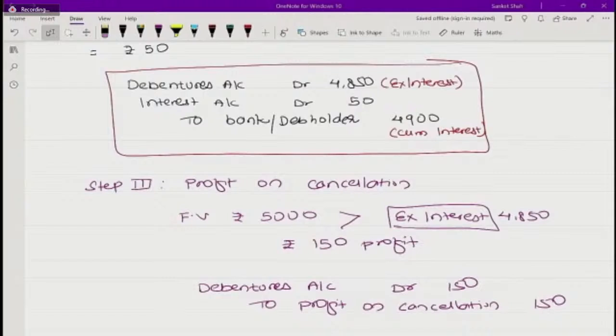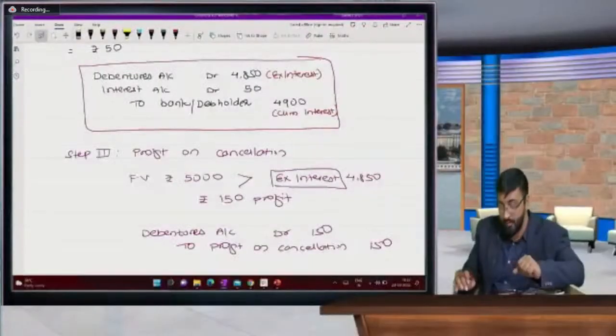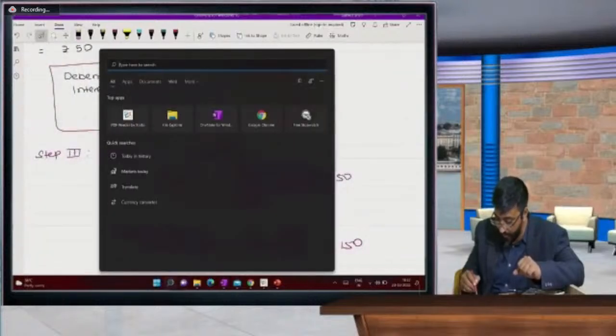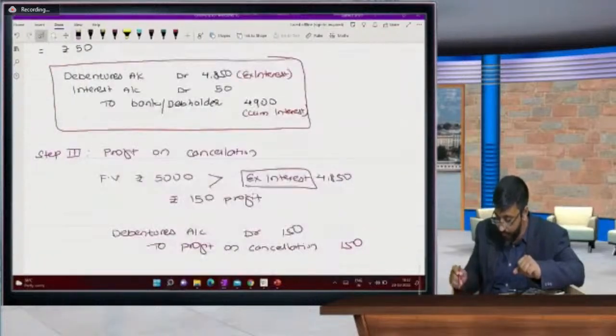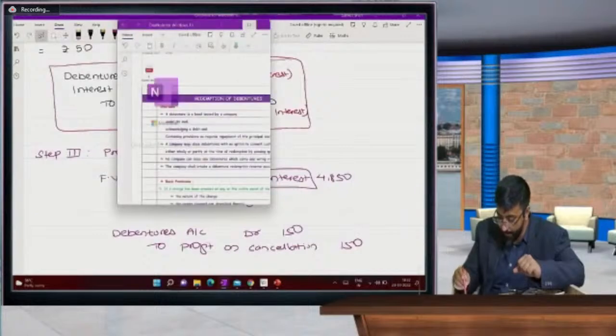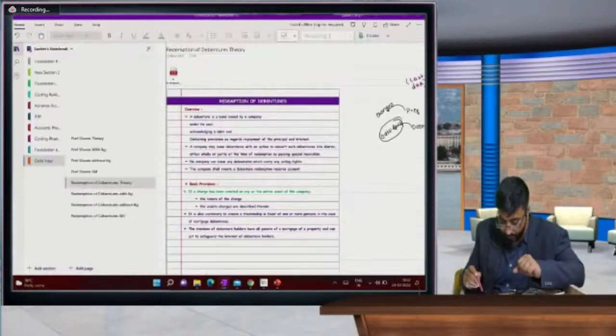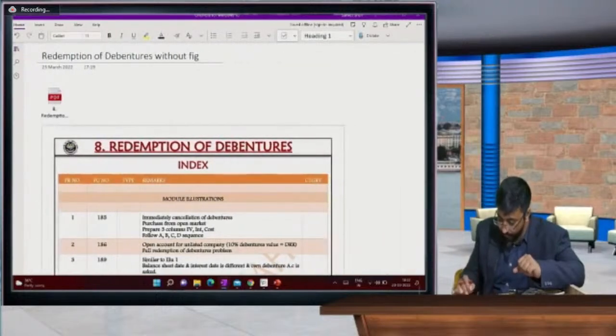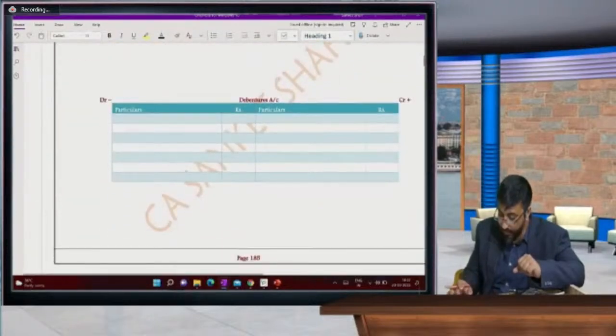Let's move ahead now. Yes, now please don't write anything. Then you have to take a screenshot. Okay, don't write anything now. See beta,